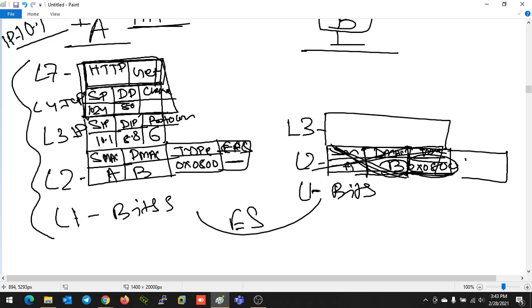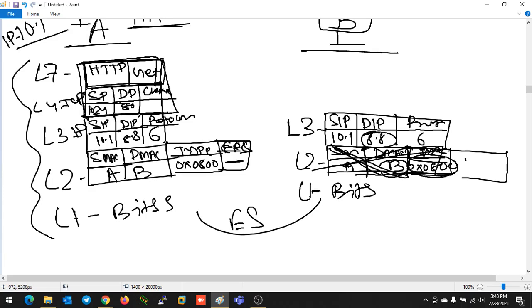Like if I am sending some information to you on paper, after getting the information from the paper, you are just going to throw the paper away. Like that, it will also go. Okay, so at layer 3 again so much information will be opened: source IP, destination IP, and the protocol field. Source IP is 10.1, destination IP is 8.8, and protocol is 6. So it will check the destination IP. Okay, here also it will check the checksum field. If the checksum is coming same, then it will accept, else it will not accept.